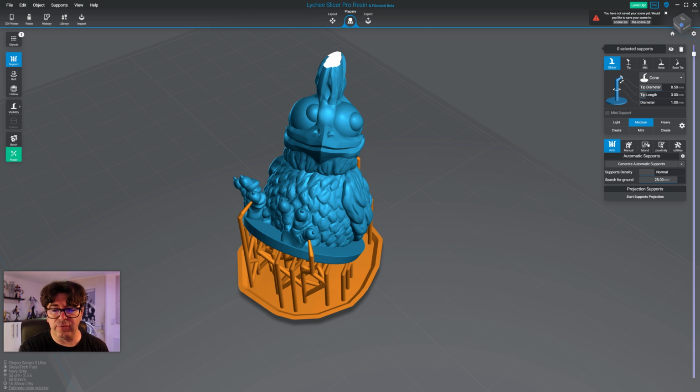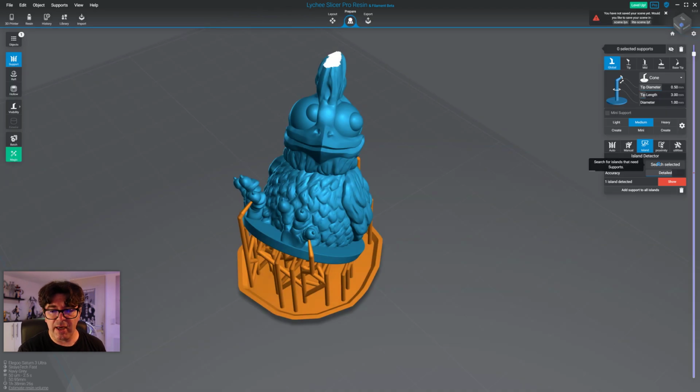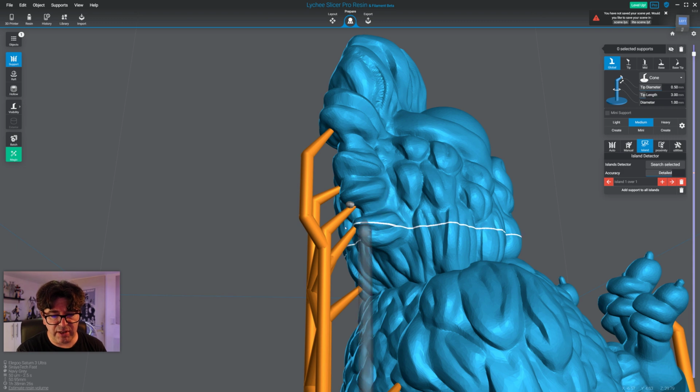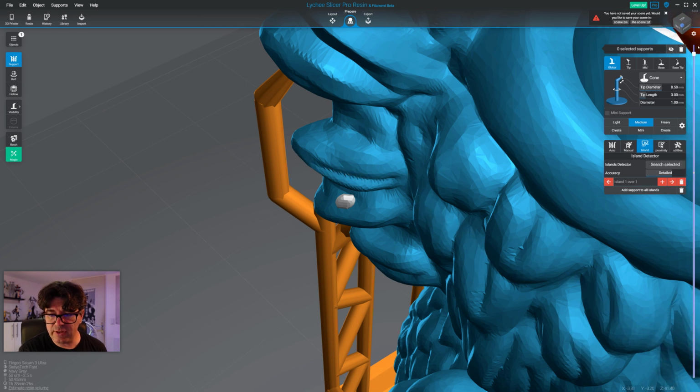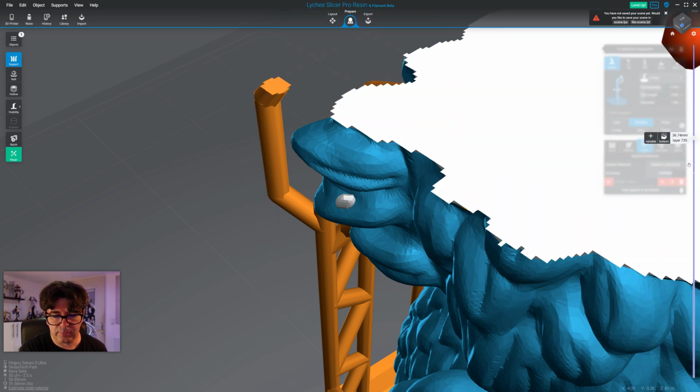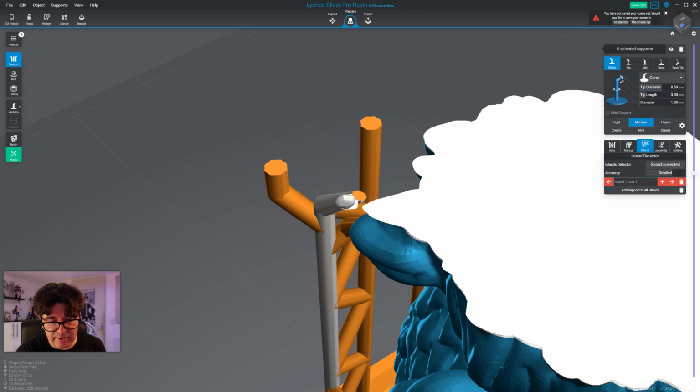A strong advice: if you go in the prepare section, the support tool, you have the island detector. Run it. After a few seconds, it will analyze the 3D model and display, oh, there is one island which has been detected. Sometimes you can skip it. Let me click on the show button, and you see here, I have a small island. Let me use this clipping bar, like that. And you see, I have a support, and the support has been created just slightly on the side